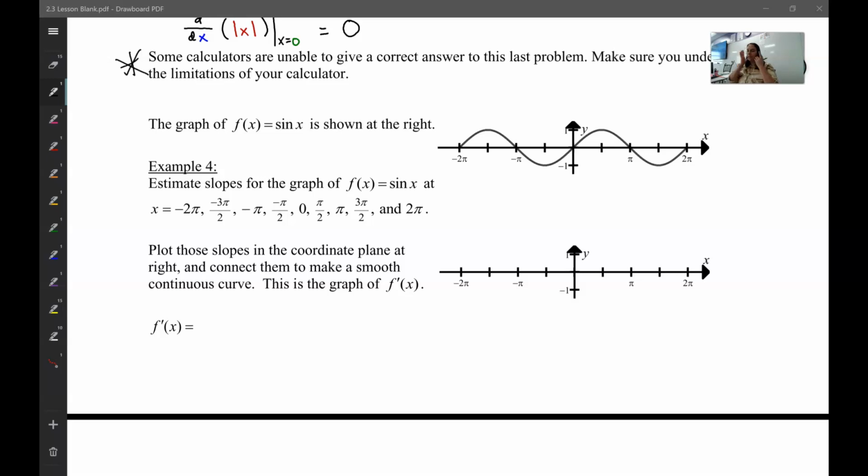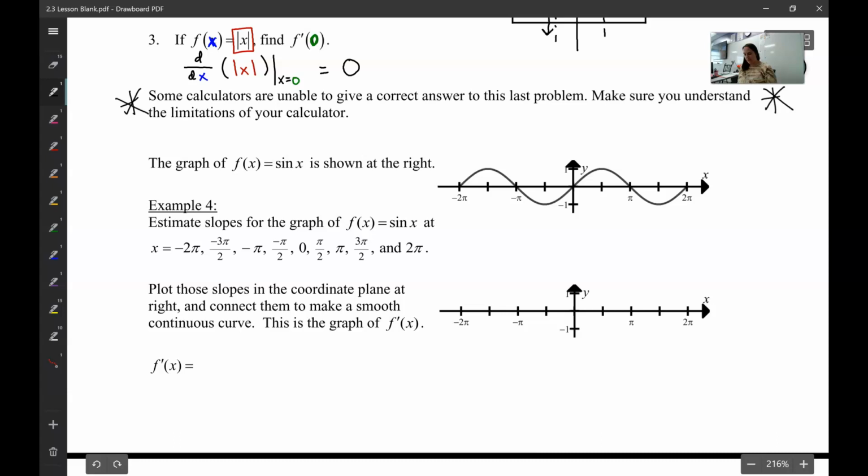Okay, let's talk about derivatives of sine and cosine. So on this one, we have a graph of sine of x. We are asked to estimate the slopes for the graph at these points. And then this is where we're going to graph what the slope is. So I'm going to start with negative 2 pi. So I go to negative 2 pi, and I'm going to estimate the slope